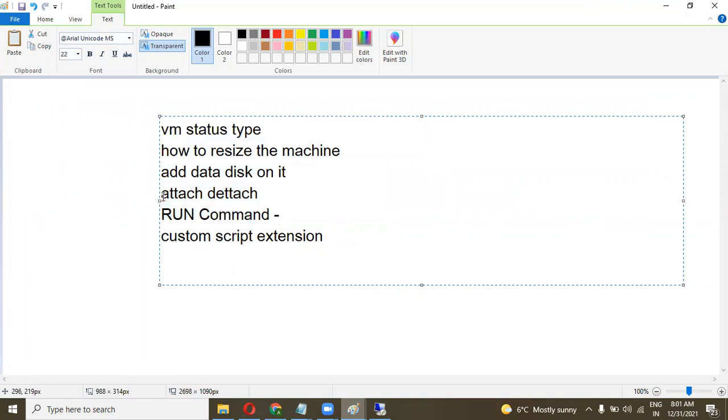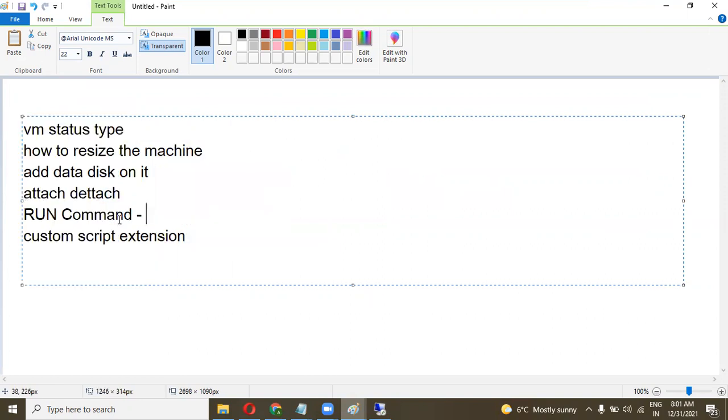I write it here. Whenever you want to run a PowerShell script on a VM without login or without connecting with the machine.